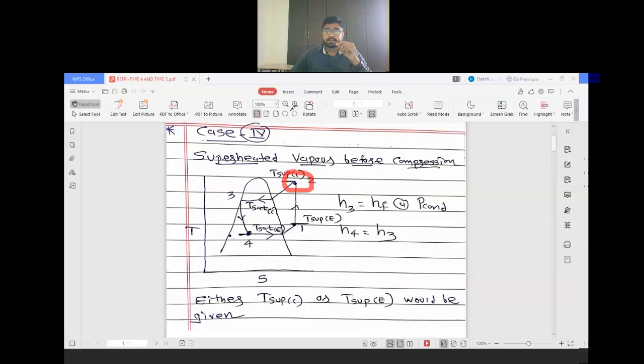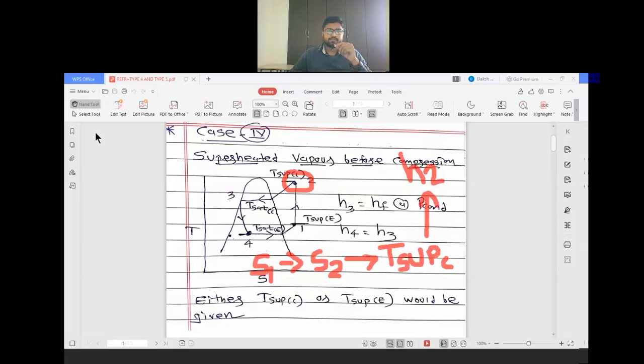The procedure is lengthy again. First of all you have to find S1. We know that S1 is equal to S2. So then you need to find S2. This is the procedure, remember. After S2, you can get T superheated condenser. Clear? And from T superheated condenser, you can find H2. I hope you have understood this: first S1, S2, T superheated condenser and H2.